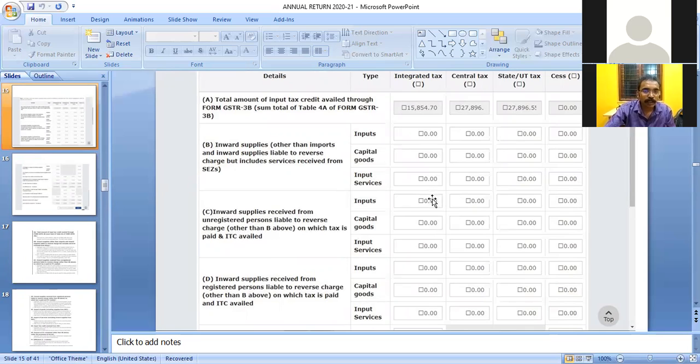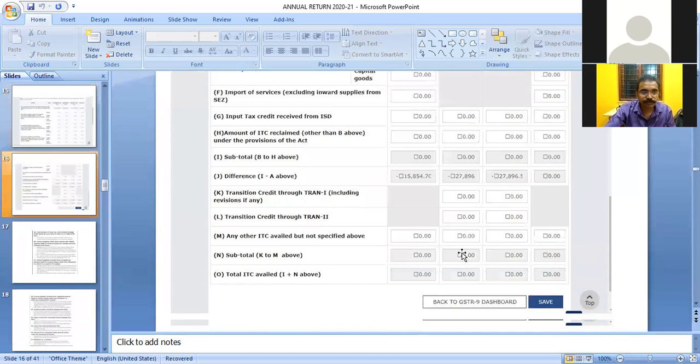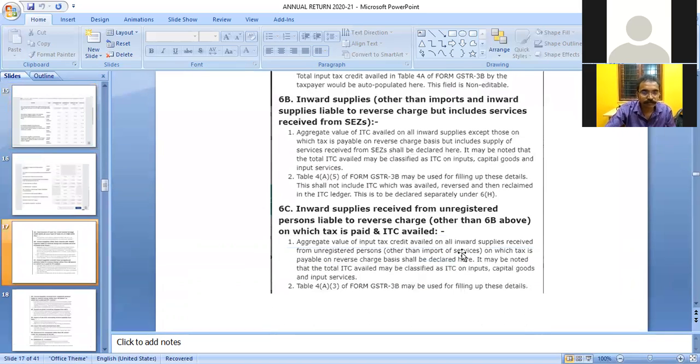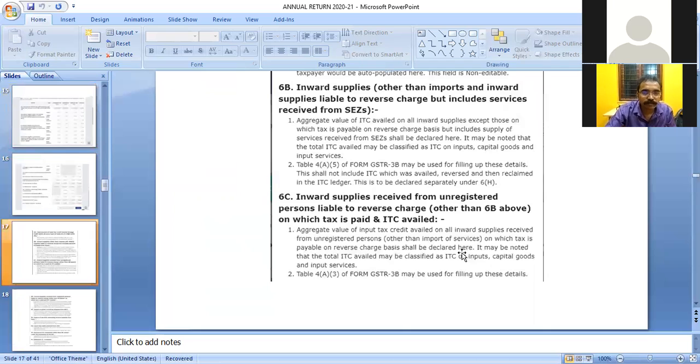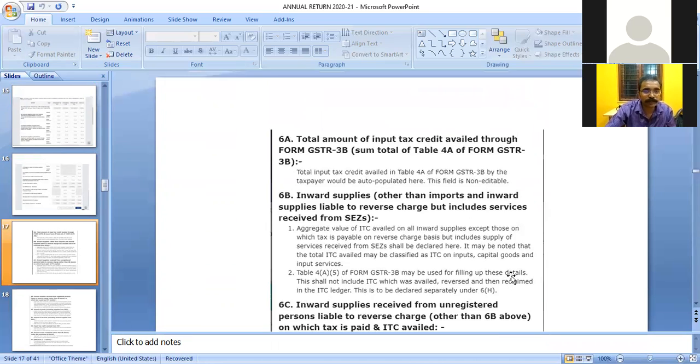Here also, the ITC is to be split up into inputs, capital goods, and input services. Table 4A, column 3 of form GSTR-3B shall be used to fill up this detail.